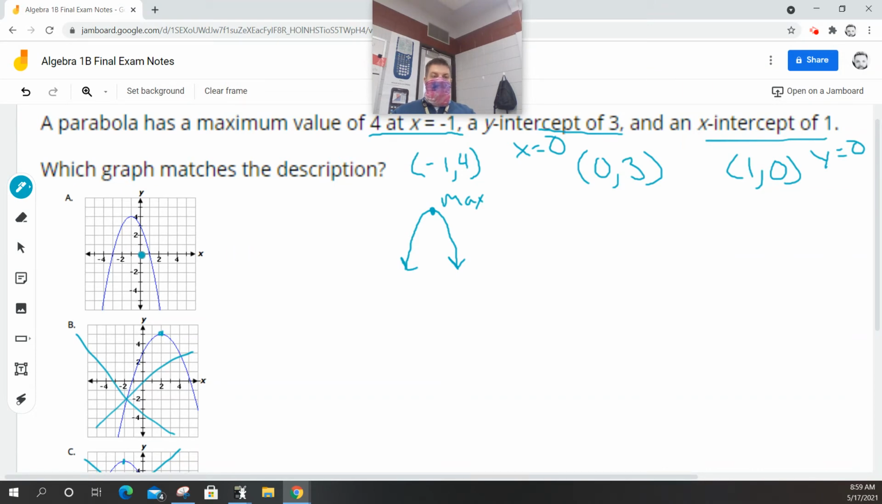A does have the point negative 1 comma 4, right? Let me change that color. So this is negative 1 comma 4. It does cross at 1 comma 0, so that's the x-intercept. And the y-intercept is at 0 comma 3. So A is our